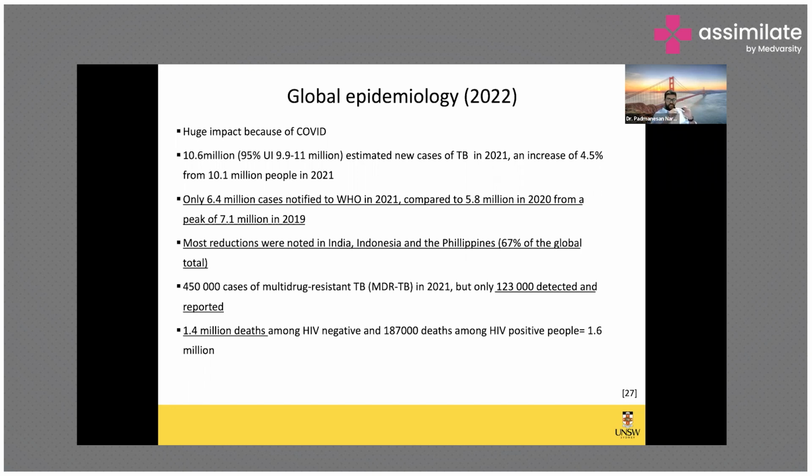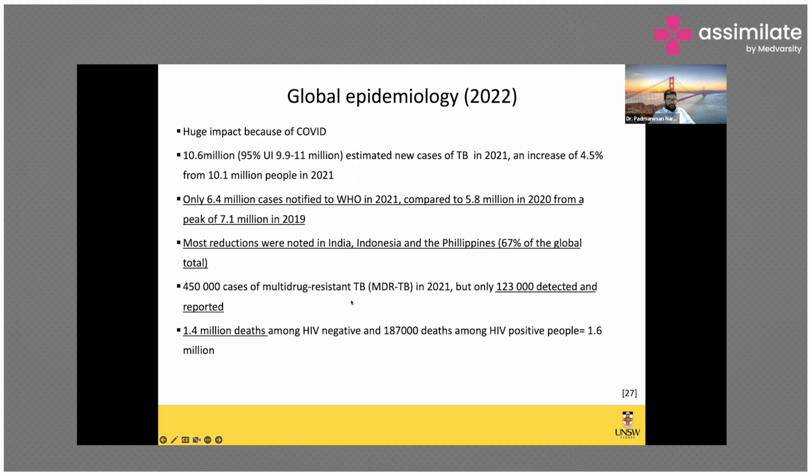Nearly 50% are not getting notified. So as per this statistic, nearly 40% of TB patients are not getting notified every year. Imagine every year the burden keeps piling up. A lot of people are not even getting notified into the system. They're not getting treated. They're not getting followed up. So we don't know what's happening to them. It's a very important statistic, and it's very useful for us to understand why India is struggling with the problem of TB.